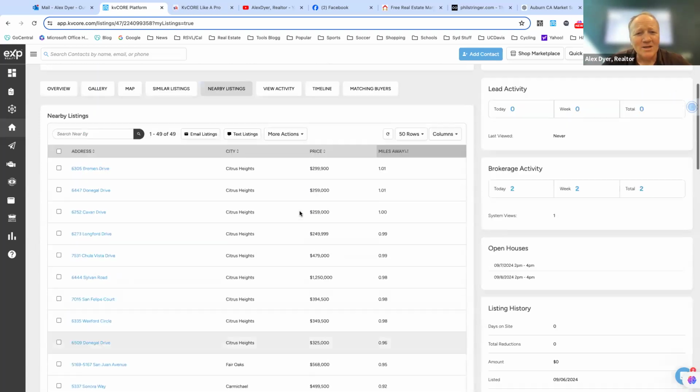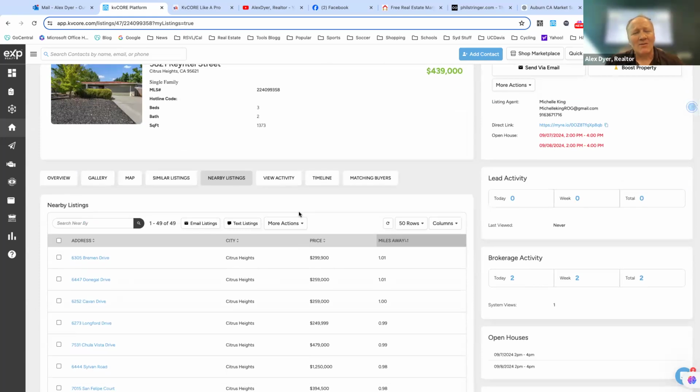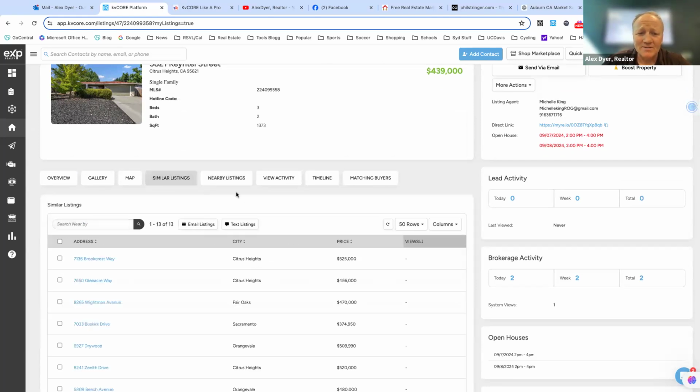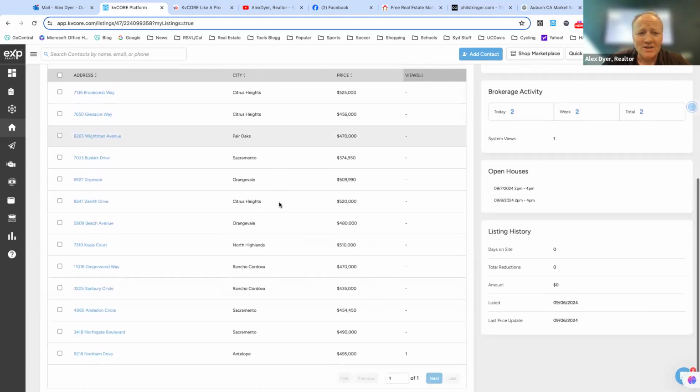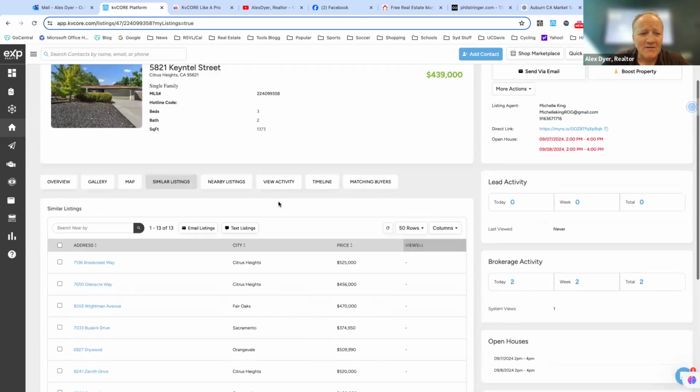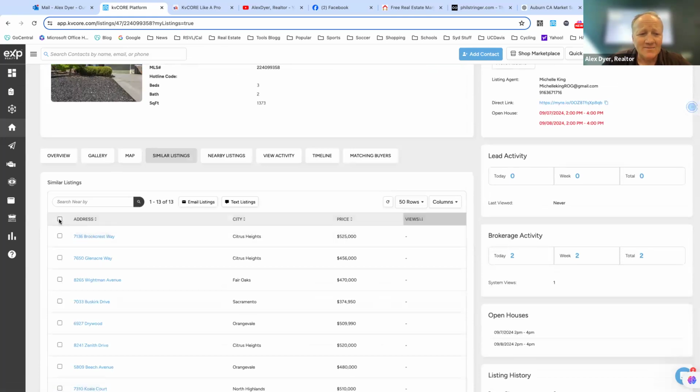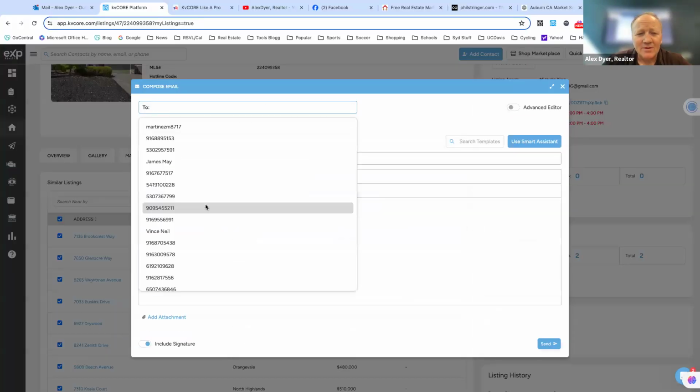But the point is that you don't need to have your MLS open in addition to KvCORE, because you can look at nearby listings. You can look at similar listings. And so it pulled up 13 similar listings. And then if you want to take and send these, you select them all, and then you can email them. So if I wanted to email these to Steve,